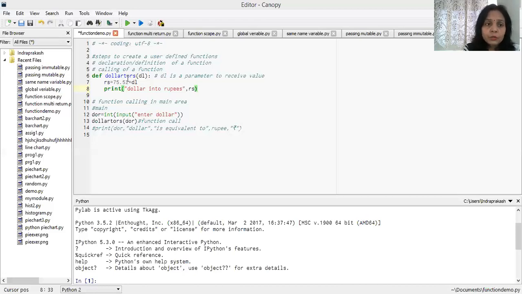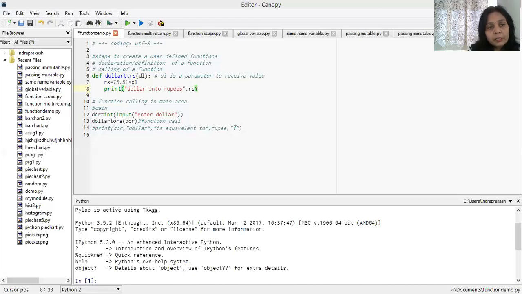What function you are going to create, you have to just decide the name of your function. As I told you in the class, you have to give a logical name to the function also, and we must not give a space in the function name. So I have given the name over here, right? dollar_to_rs. That name suggests that we are going to create a function named dollar_to_rs, which is going to convert the dollar values into rupees, right? So this is a very small function.